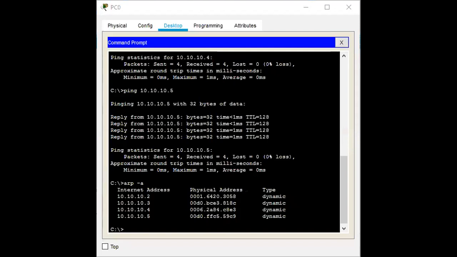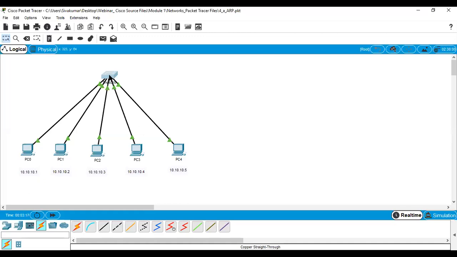Then now I want to check the MAC address table. How do you check? Go to this one, double click on the switch, go to CLI, and hit enter.